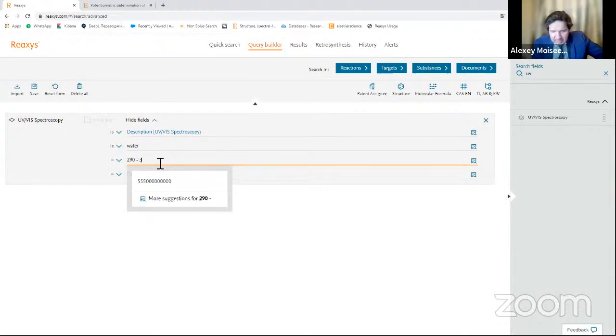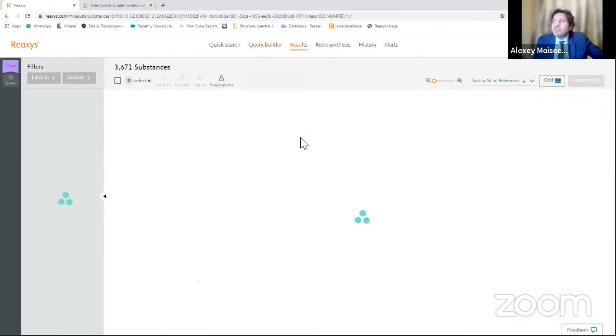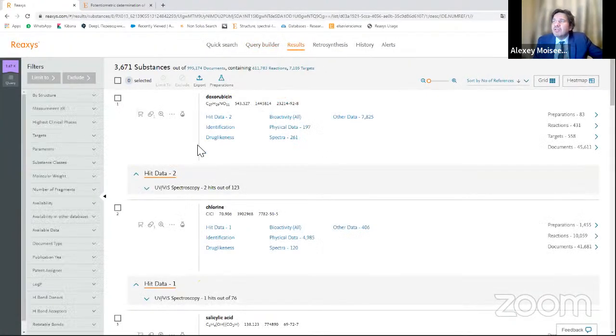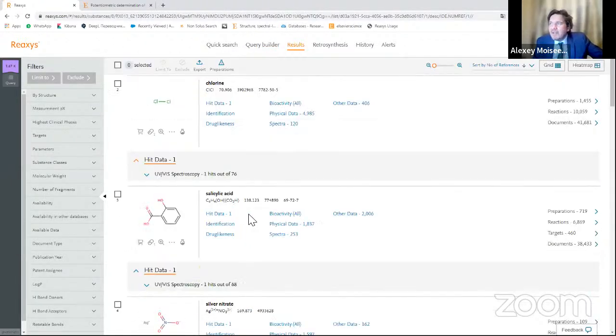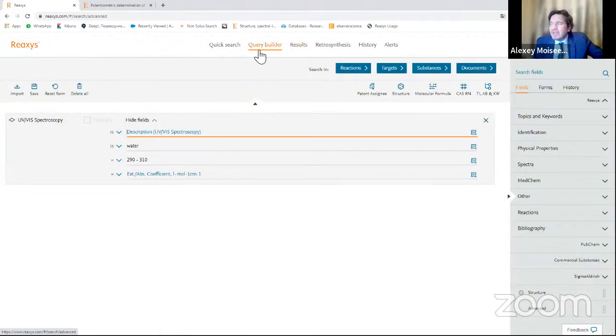For example, we can do like this and find all the substances. I just want to show you that we have a lot of unique instruments for working with spectral data, working with specific properties of substances.